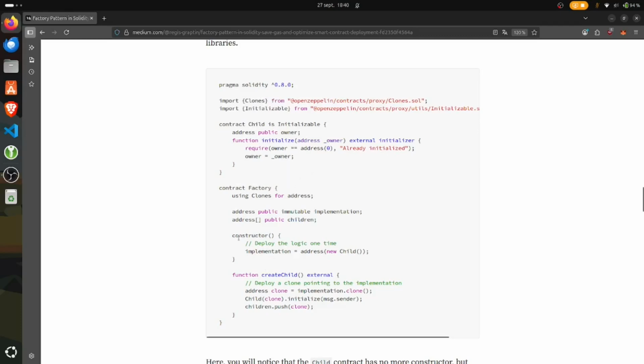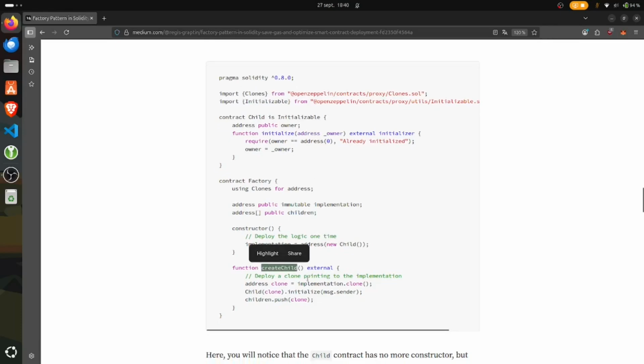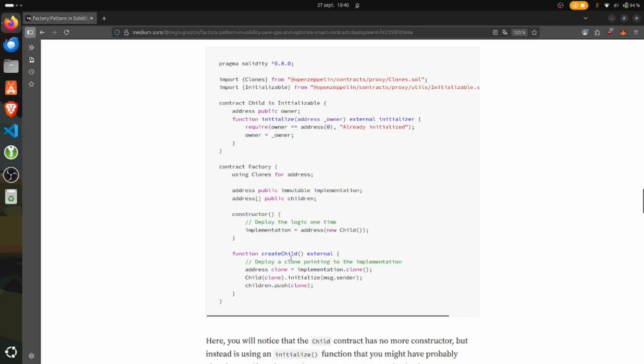And here the idea is that in the constructor, we are going to deploy the child implementation one time. As you can see in the create child function, instead of using the new operation, we're simply going to clone the contract and then initialize it using the data that we want to have on this contract. Under the hood, what's happening is that in the constructor, we're deploying effectively a new contract that will have this address, and that will be immutable because we don't want this implementation to be changed over time. And then each time we create a new child,